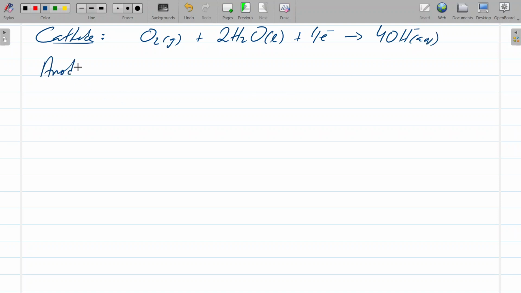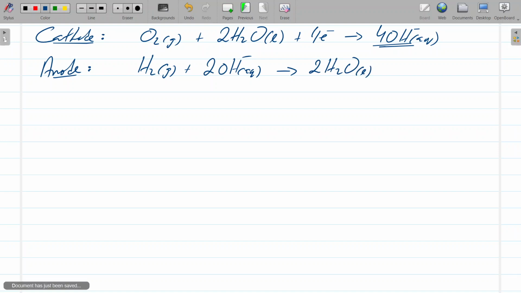At the anode, you have hydrogen gas coming in, it is utilizing these hydroxide ions, and it is forming water, and it's giving up 2 electrons, right? And so that is,